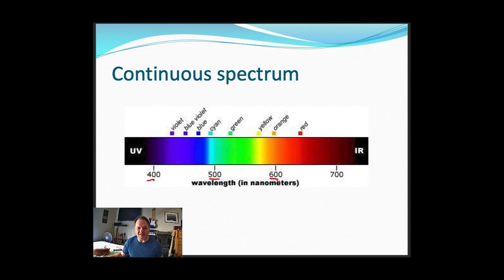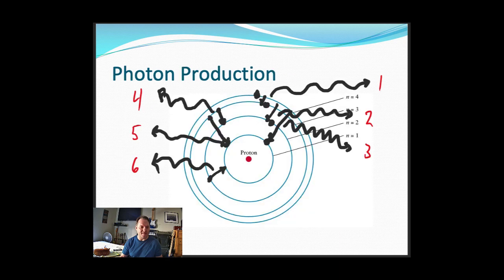Therefore, because the speed of light is constant, these would have to travel at a different frequency, thus having different energies. These guys up here would be higher energy, and the ones on the right would be of lower energy. So when we go back to our previous example, this big jump from 4 down to 1 might represent perhaps a violet photon, whereas this little tiny jump